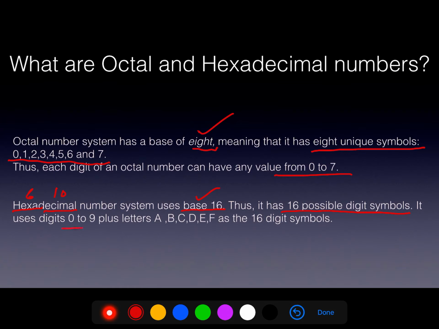These are actually 0 to 9. 0 to 9, in all how many are there? 10. But we will not be writing 10 or 11 as a digit. We will be writing the letters A, B, C, D, E and F. F is 15, by the way. If you count A as 10, B as 11, then C is 12, D is 13, E is 14 and F is 15. Okay, so this is the hexadecimal number system. Now we will move to the next slide.